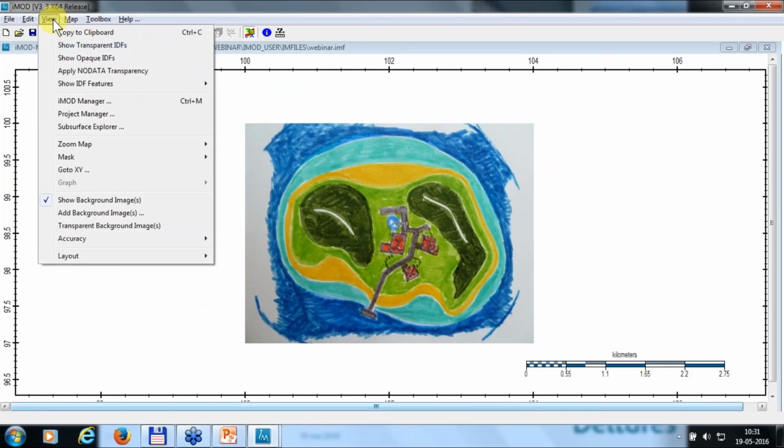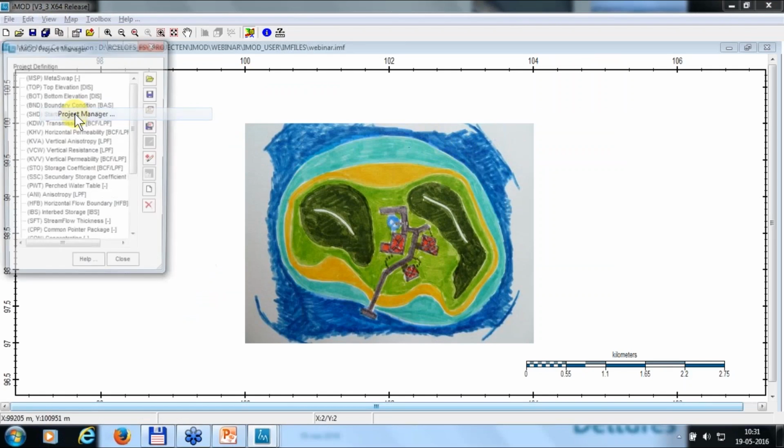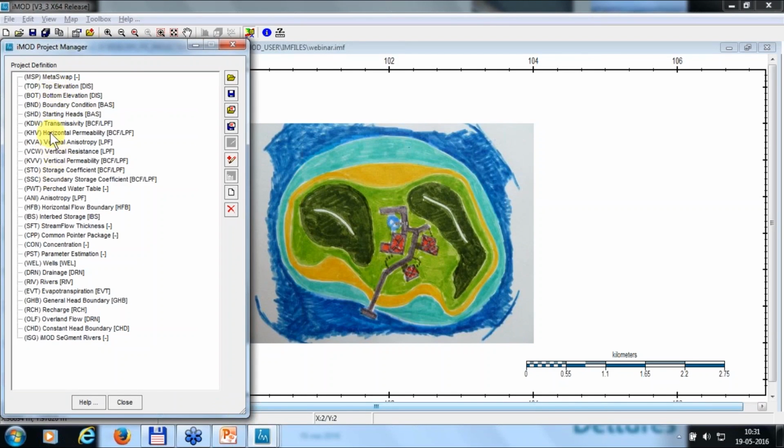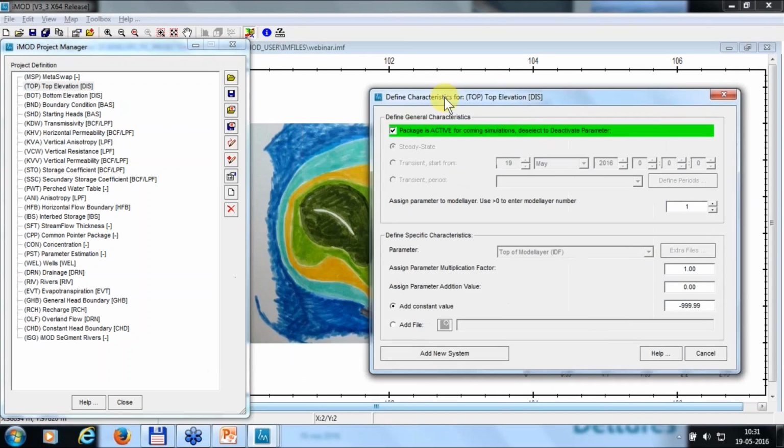So I go to the project manager to create this file, and here you see all the MODFLOW related names, all the modules you're familiar with, like anisotropy, starting head, rivers, wells, etc. And now we're going to add all information we need for a model to this project. And let's start with the top elevation, because we created our surface level grid, and we're going to add that one by clicking on this button,